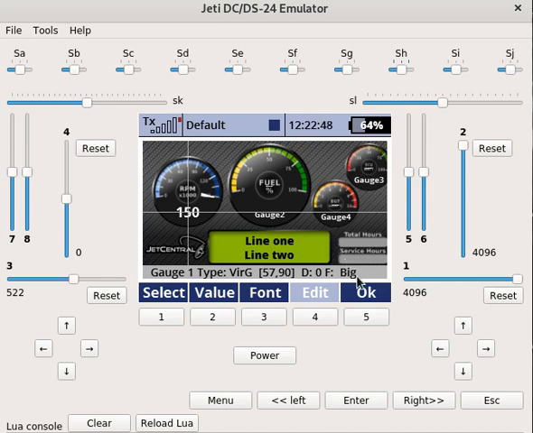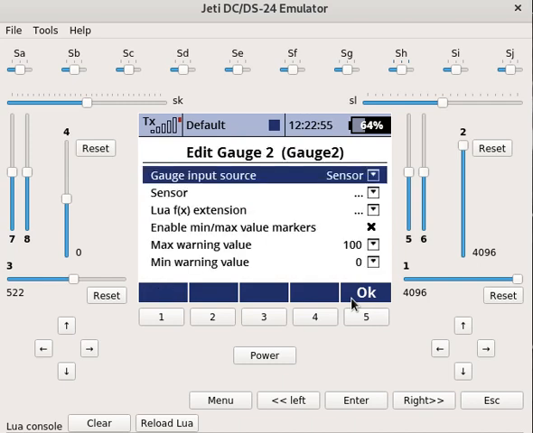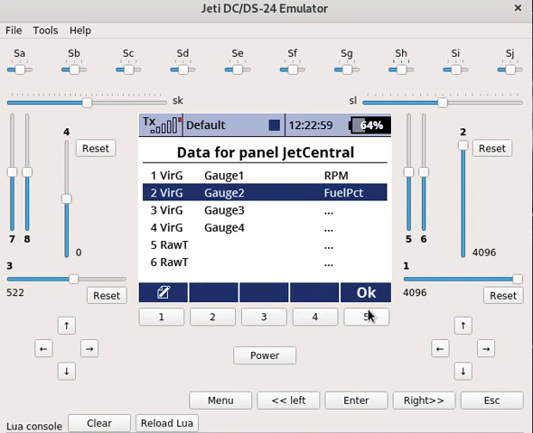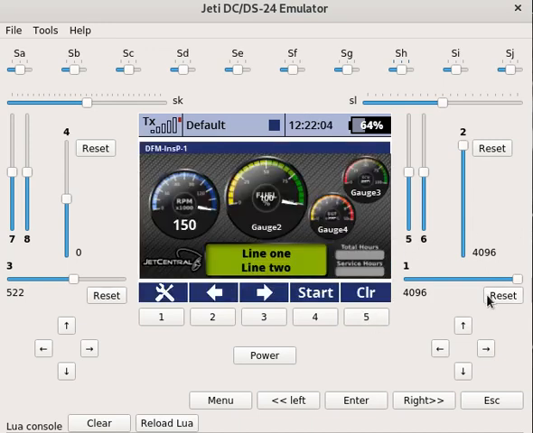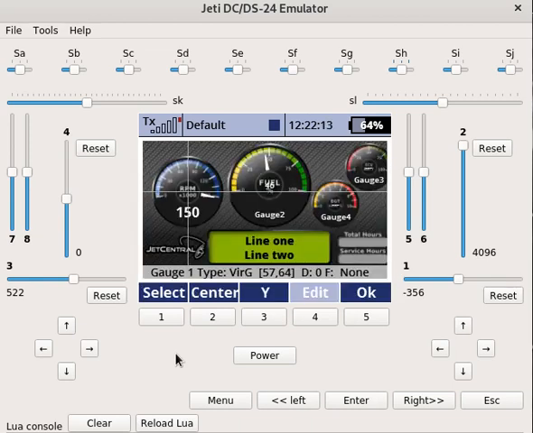Okay, so we can say OK, and then next we'll turn our attention to gauge 2, which is the fuel. So we'll go to Inputs, gauge 2, and we'll set that to the fuel percentage, and that's a 0 to 100%, so that's already the correct units. We'll go up to the top and slider number 1, and you see we're animating now the fuel gauge, and then we'll go into Applications, Instrument Panel, Edit Panel, and we'll select this gauge, and then we'll look at the